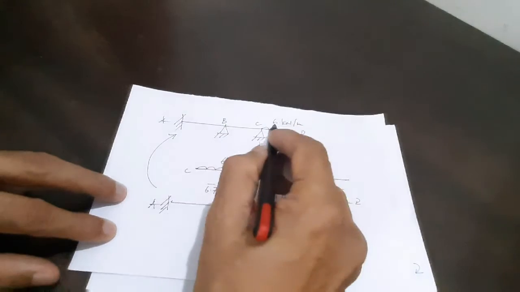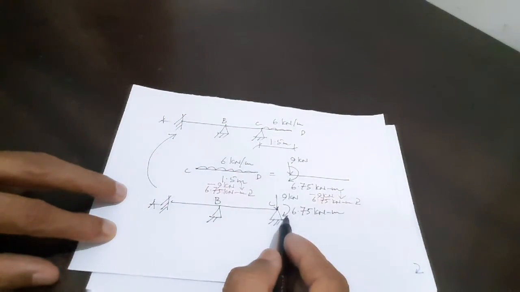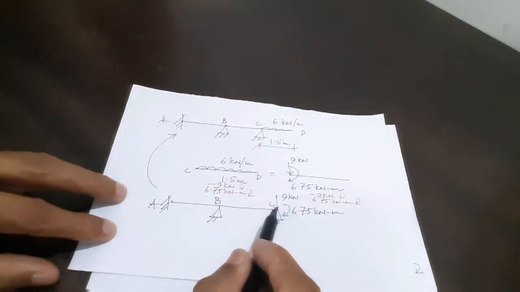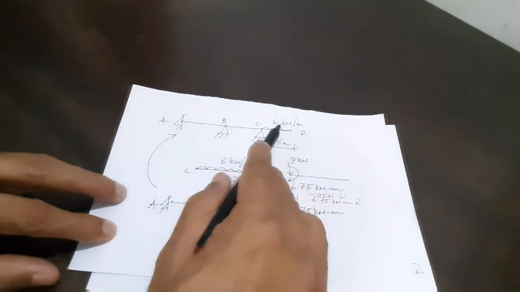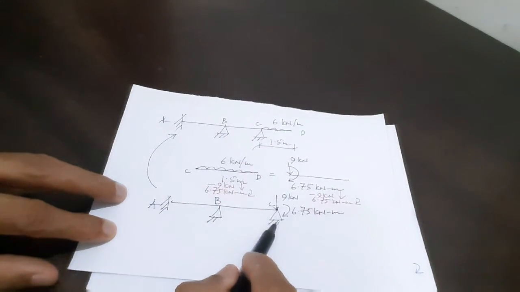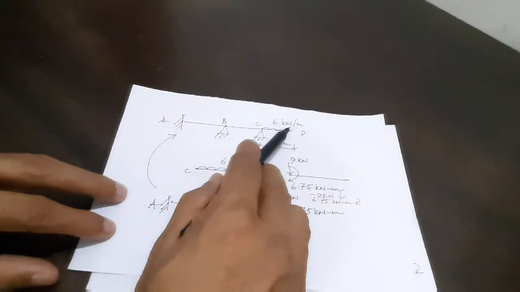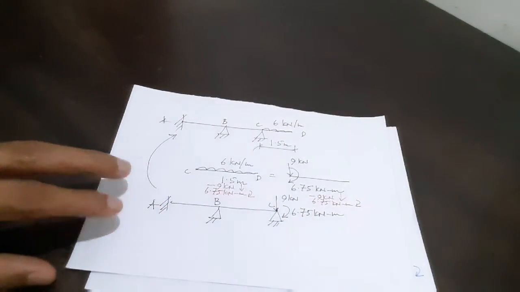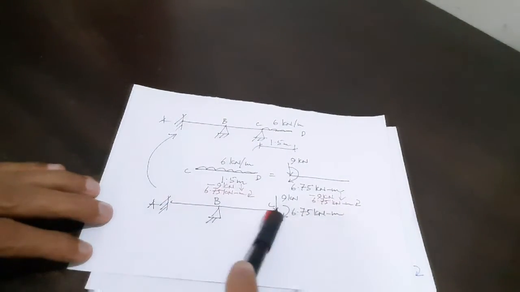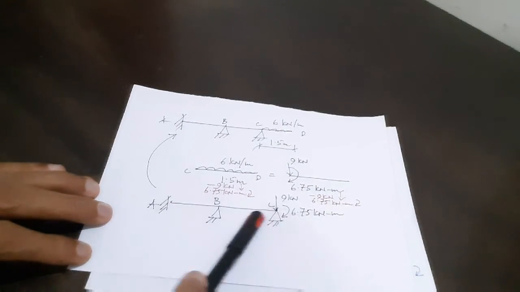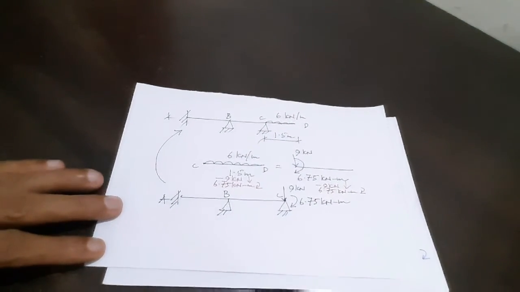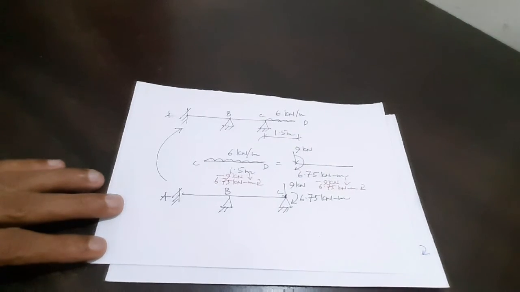So I can convert an overhang into an equivalent structure by considering the forces as a single force acting at the intermediate support and considering the moment of the force as a single moment on the intermediate support. So this overhang can be totally omitted and this compact structure can be created, and we can analyze it since there are only two members, so it is easy to analyze. We will learn about this more while analyzing our structures by three moment equation as well as slope deflection equation and moment distribution method. Thank you.